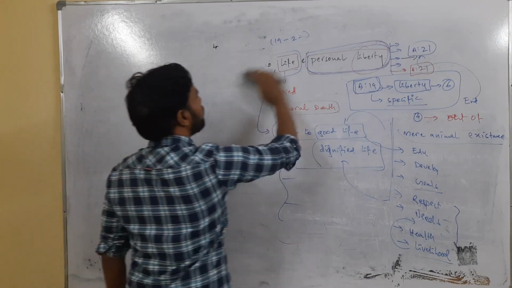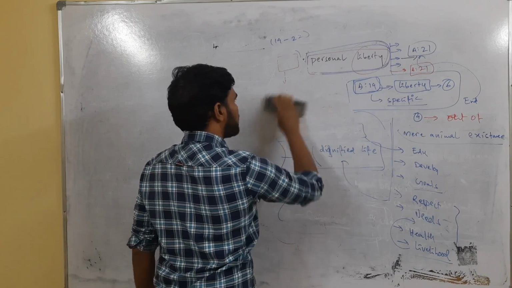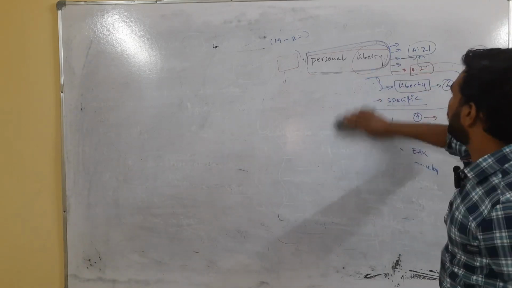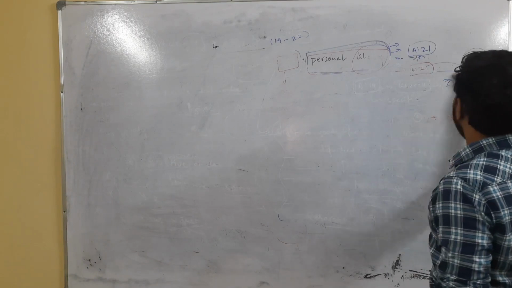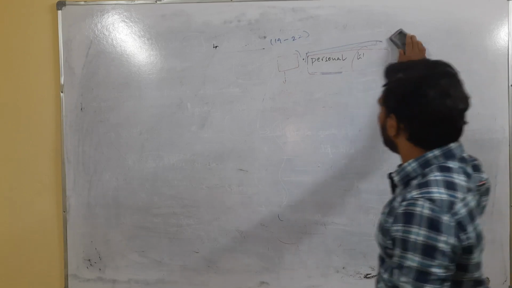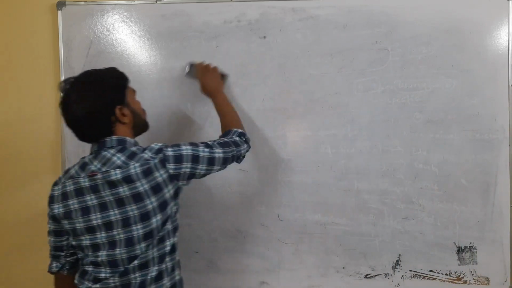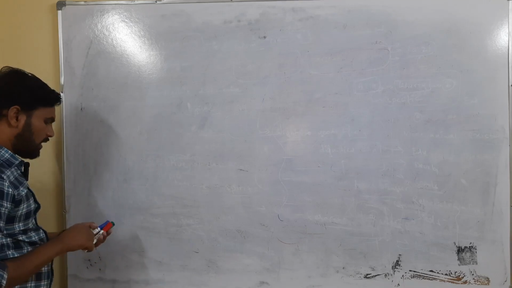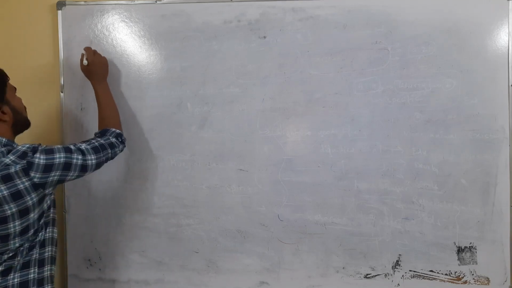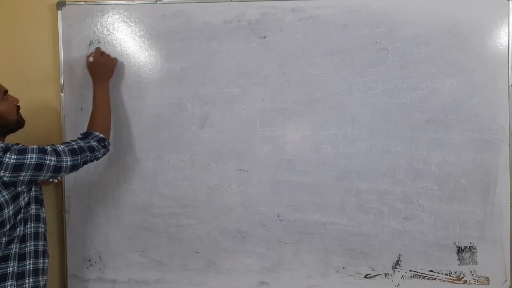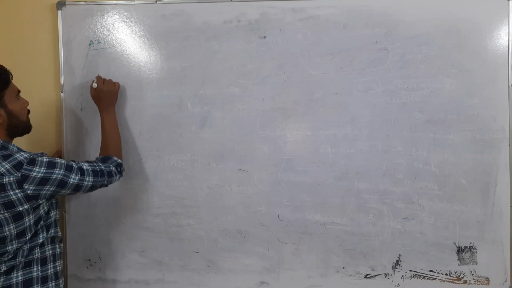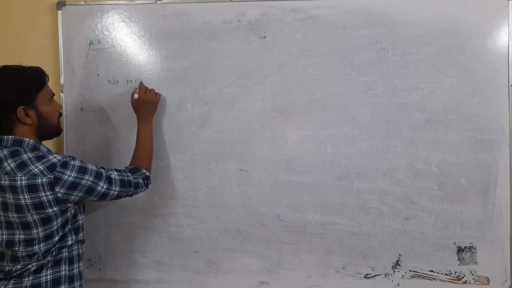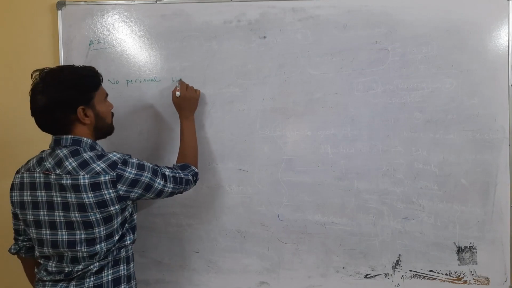Then we will see what exactly the text of Article 21 is saying. Can anybody say what exactly Article 21 says, or what text is mentioned in the Constitution of India with respect to Article 21? The text of Article 21 is written like this. Article 21, what is it saying? No person shall be denied, okay, no person shall be deprived of